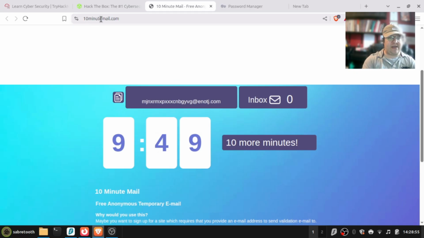I've opened up a 10-minute mail instance for a temporary email address. If you've wanted to get started with TryHackMe or HackTheBox and have not yet done so, and you're wondering how, this is going to go into how to do that, how to register, how to download the VPN files and connect to their networks, the differences between the free tiers and the VIP tiers, which are paid. As well as that, we're going to look